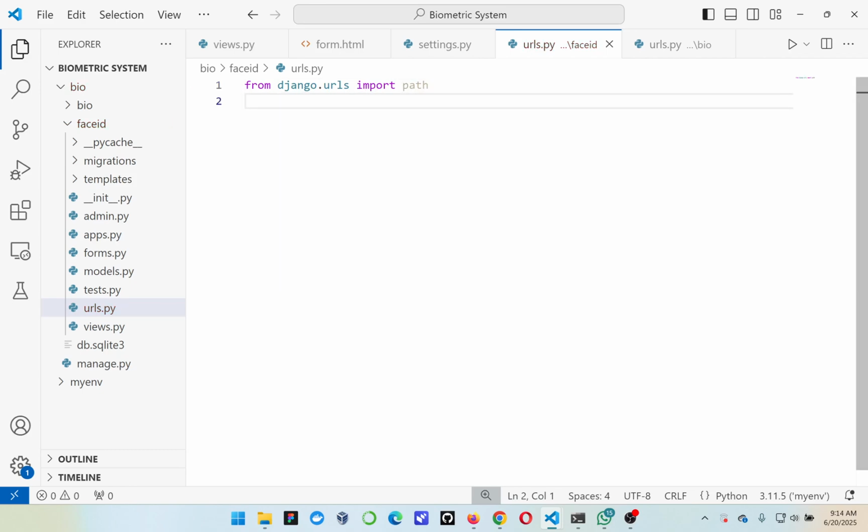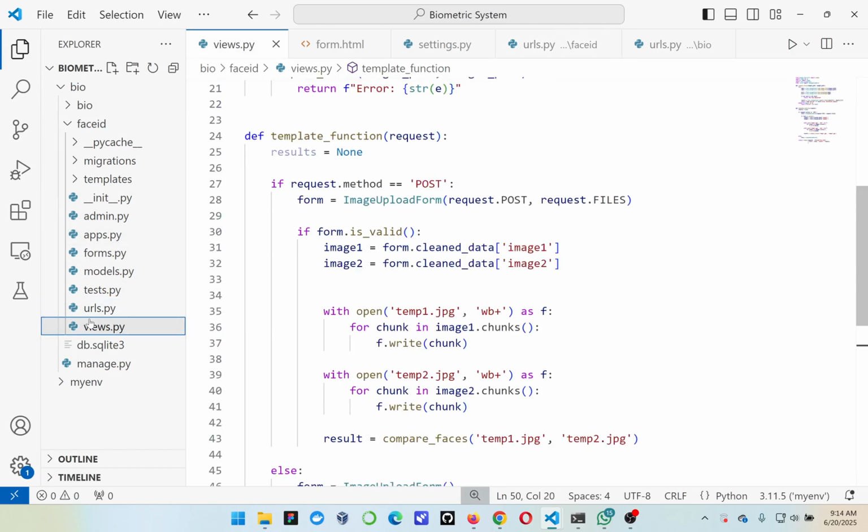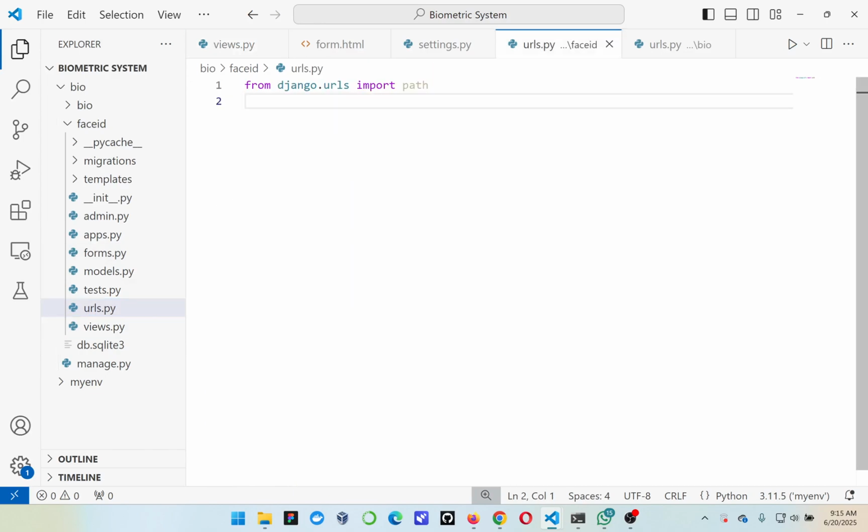And now we also need to import our views. You remember this is our views and we created several functions in here. So we need to import the functions and provide a URL for each function. So we say from dot import views. So we are saying from the current path that our urls.py file is in, import a file there called views. So we are importing our views. Then we say urlpatterns